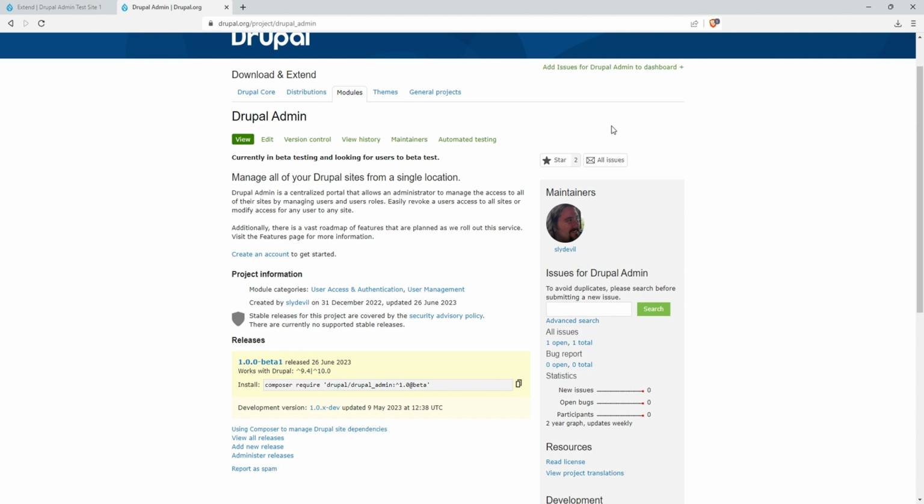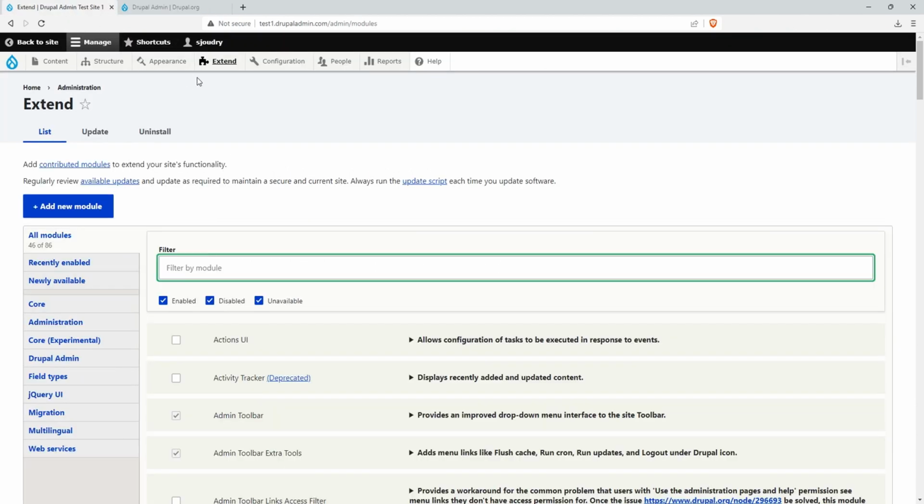The purpose of this video is to enable and configure the Drupal Admin module on a site. Installation of the Drupal Admin module can be accomplished using Composer and is not shown in this video. Once you have installed the Drupal Admin module on a site, the Drupal Admin module will need to be enabled